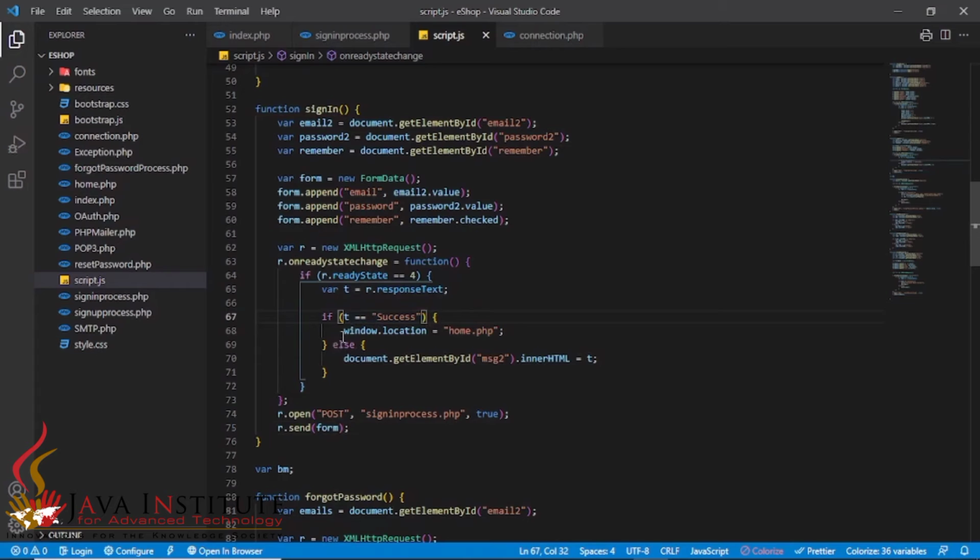If it is success, I have given window.location as home.php. So I am directing the logged-in user to the home.php file, and I'll show you that home.php file here.